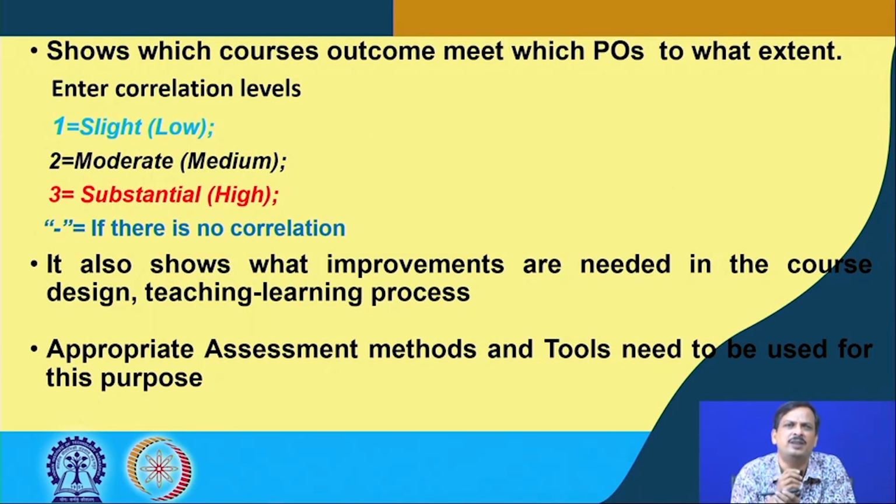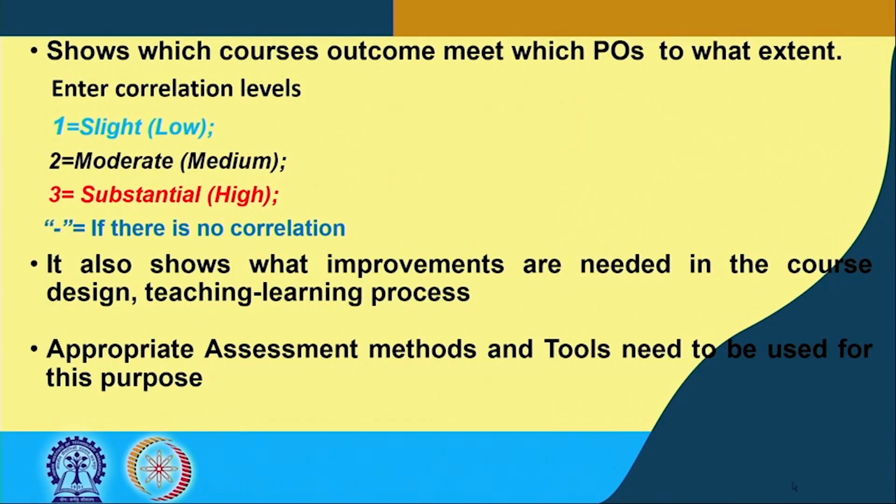How do you define low matching? Let us think, as teachers you say that this CO matches PO number 1 from 10% up to 30%. You define up to 30% as slight matching, 30 to let us say 70% moderate, above 70%